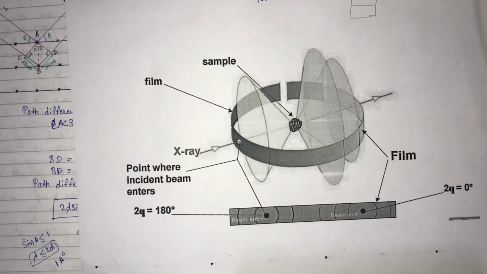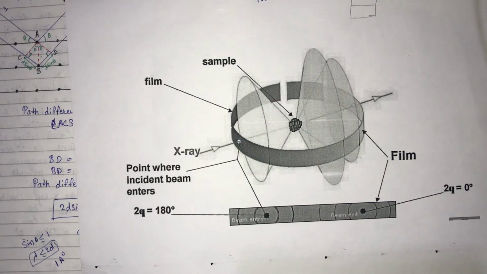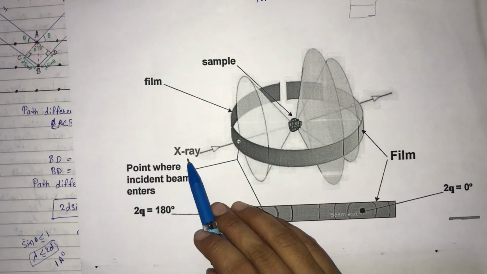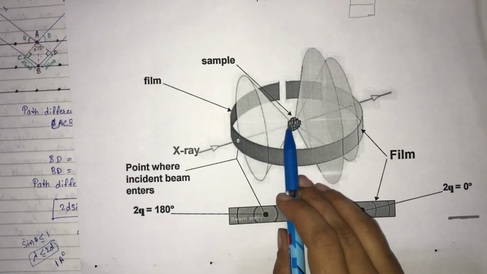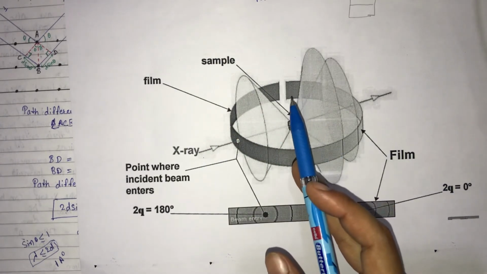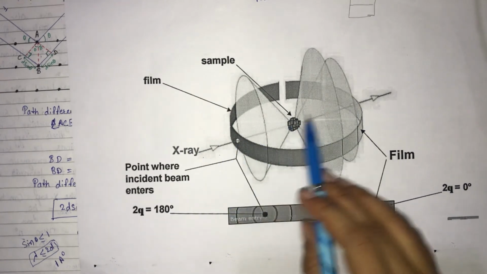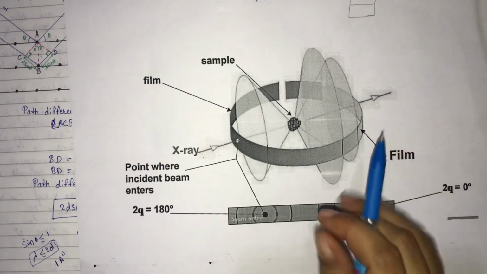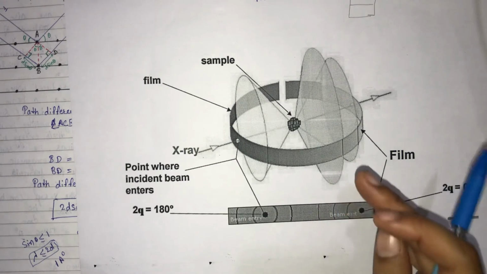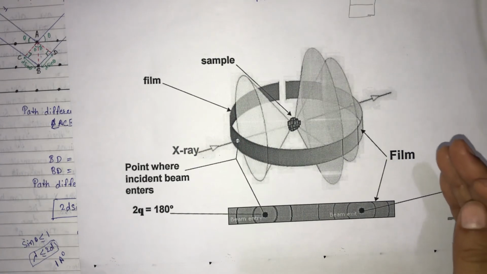Now this powder consists of small crystallites, which are randomly oriented with respect to this X-ray beam. Now in case of powder method, the X-ray beam incident on this sample is a monochromatic beam, and for particular orientations for which theta and d satisfy this lambda value, we get a diffraction pattern on the film. And also the diffracted rays corresponding to fixed values of theta and d lie on the surface of a cone with its apex at the sample.